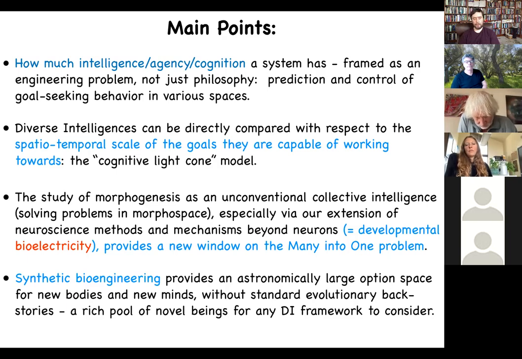And what I'm going to try to tell you is that morphogenesis is best understood not as a set of molecular mechanisms, but actually as an unconventional collective intelligence. It solves problems in morphospace, and an extension of the methods of neuroscience to bioelectricity outside the brain, or developmental bioelectricity, really provides an interesting new lens on this problem of how you integrate diverse competent subunits into one higher level cognitive structure. And I'm going to close with some interesting data from synthetic bioengineering in our lab, and then